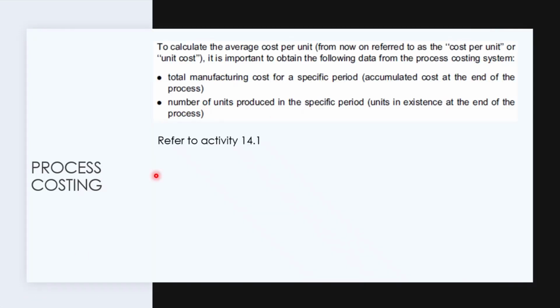Get what I mean? And also, after getting your total manufacturing cost for that specific period, you must understand the number of units that you produced in that specific period, like how many are in existence at the end of the process. So let's try look at